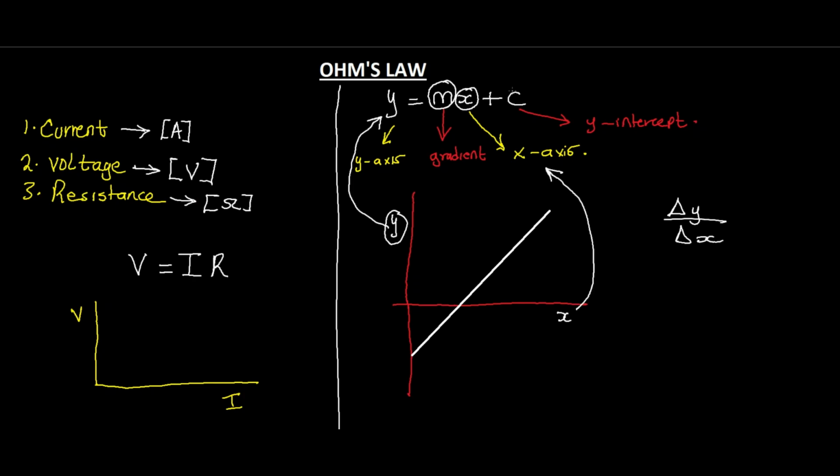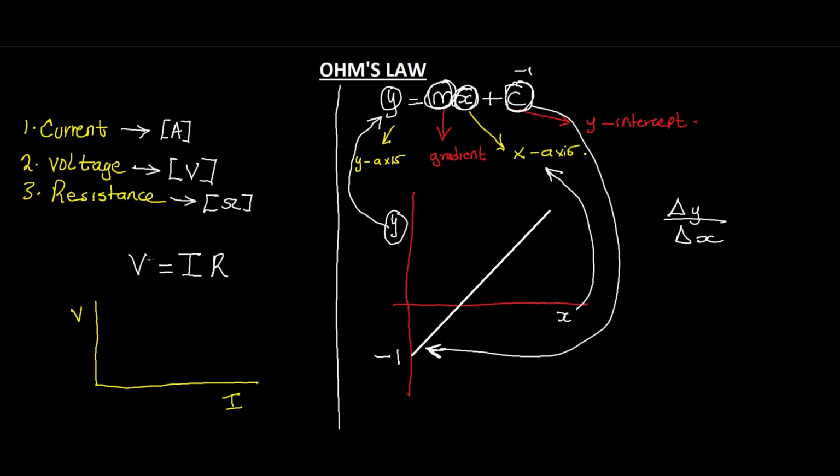Okay. The y-intercept, this c here, is the value that is right here, where this line cuts the y-axis. Now we always say that at the y-intercept, x is equal to 0. So the place where this graph cuts the y-axis is referred to as the y-intercept. So for example, if this one is, let's say, -1, then the value of c will be -1. This one represents the y-axis, this one represents the x-axis, this one represents the gradient, and this one represents the